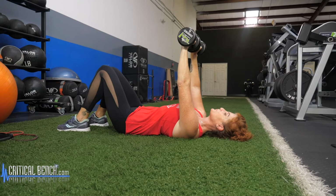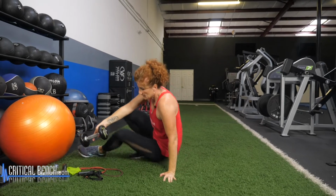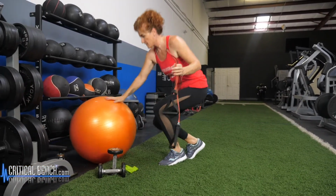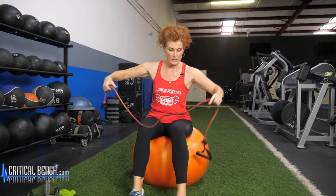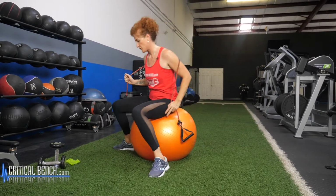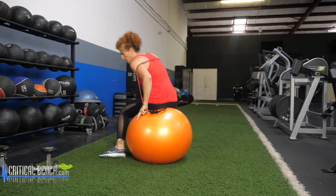Okay, perfect. Now, if that feels a little too easy, what you can do is, well, you can always grab heavier weights, but if you have a resistance band and you've got a Swiss ball, let's grab that Swiss ball again. If you want to take the resistance band around your back, okay, let me turn around and show you. So, just like this, okay? And same motion,